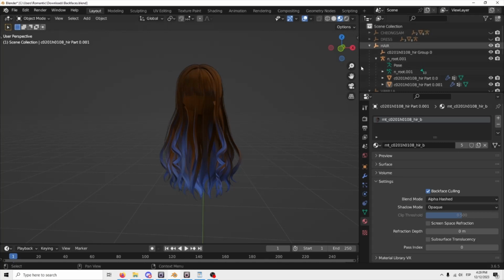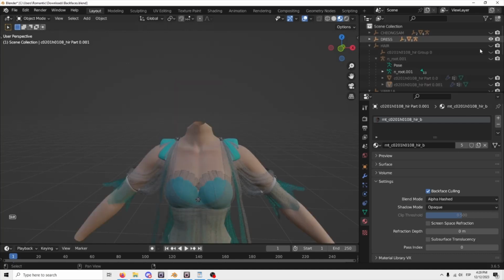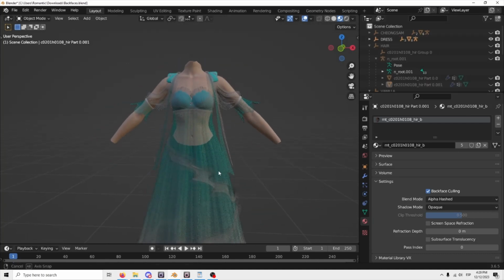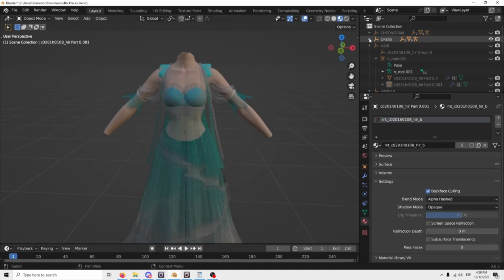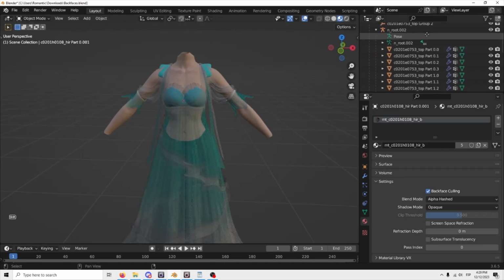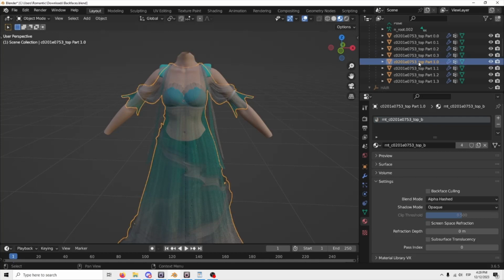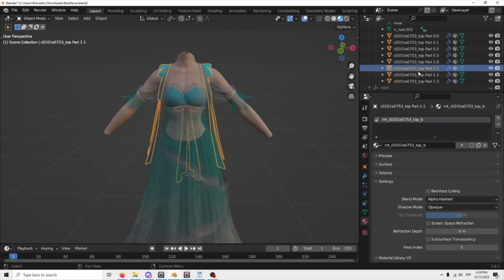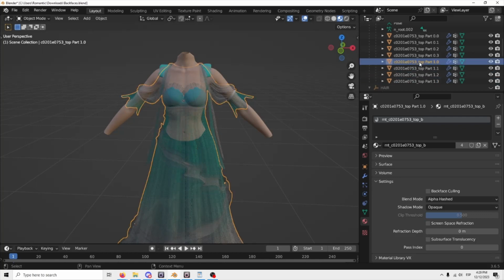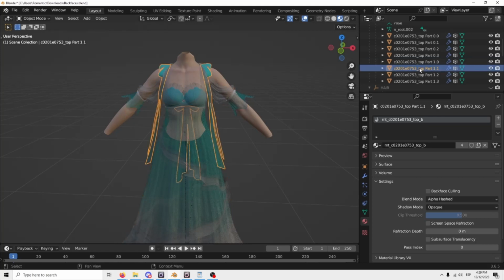So this is for hair, for example. I have this outfit that also Kiwi Forma ported from another game. This has a lot more parts. So first we have the body, and then we have the meshes that are part of the outfit. And you can see here I have a part that is 1.0 and 1.1, and then